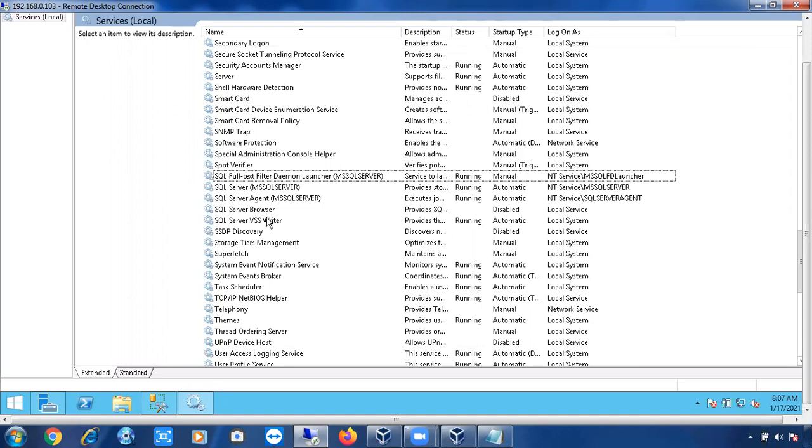Is there any difference among these 5 services? Service account is different. That's it. Only in the service account can you see the difference.